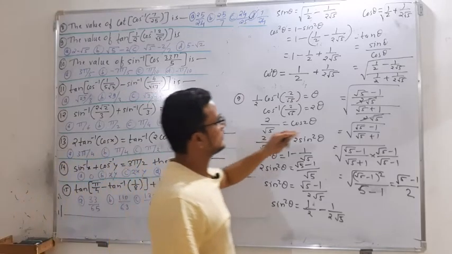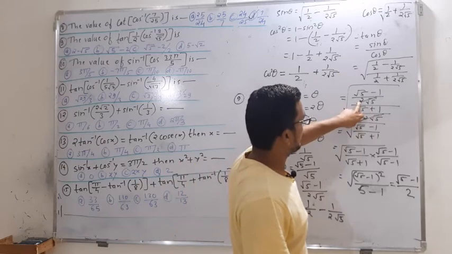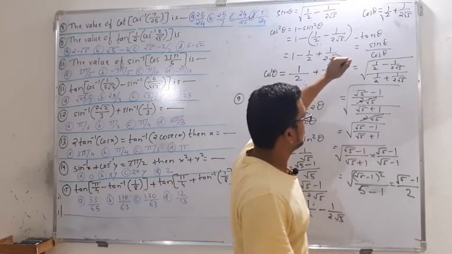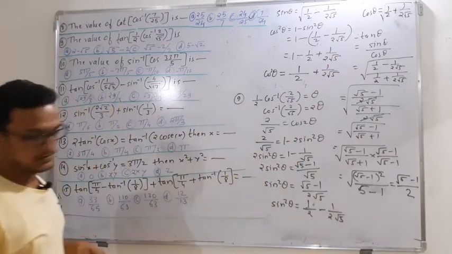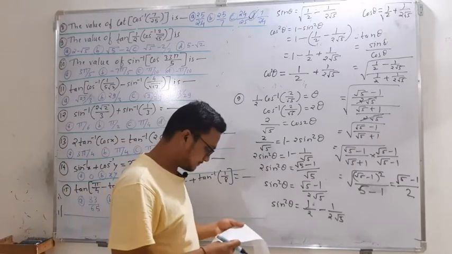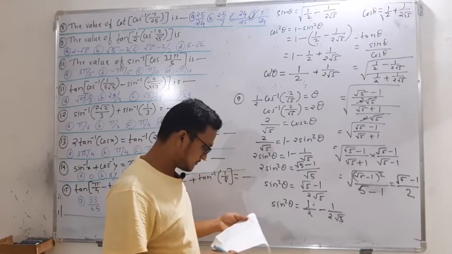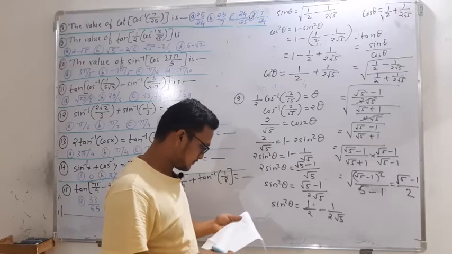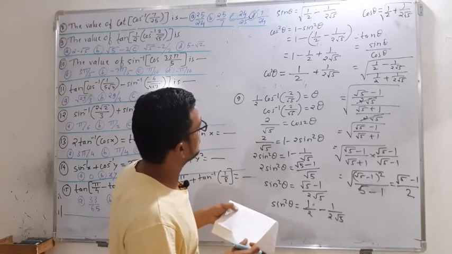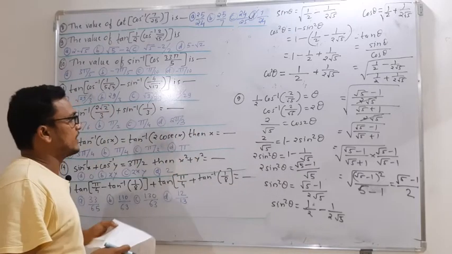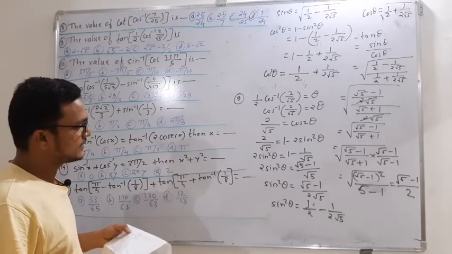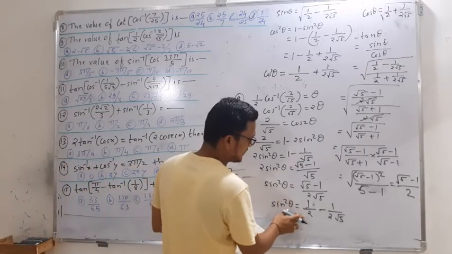I think here you have taken the LCM as 2 root 5, right? So here root 5 is absent, so we have multiplied by root 5 minus 1. That is correct. Then where we have made the mistake is... The cos square theta value is correct. So we have the answer as 1 by 2 plus 1 upon 2 root 5. Okay, what is the sin theta value here? This 1 by 2 we will get correct.